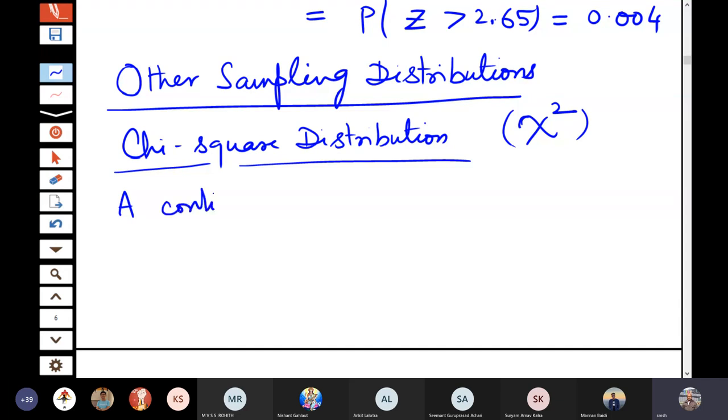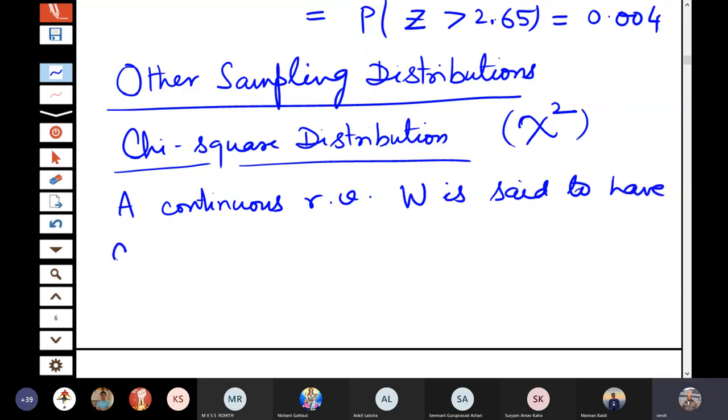A continuous random variable W is said to have a chi-square distribution